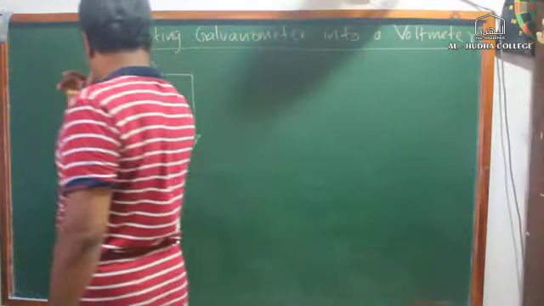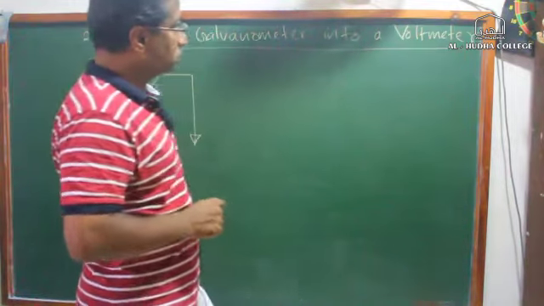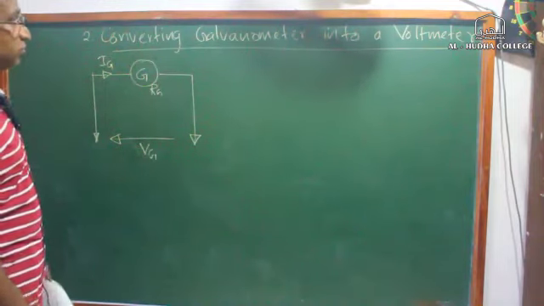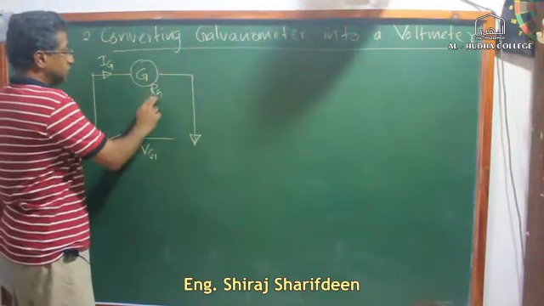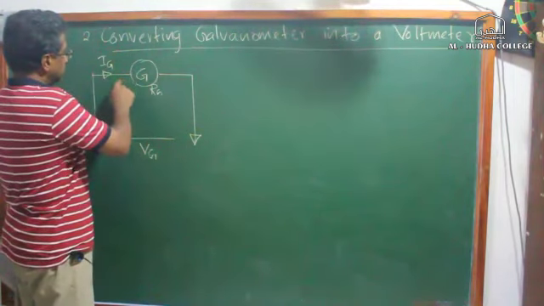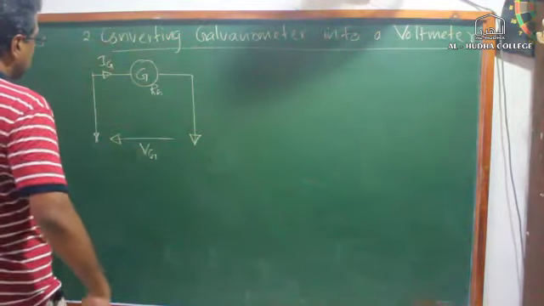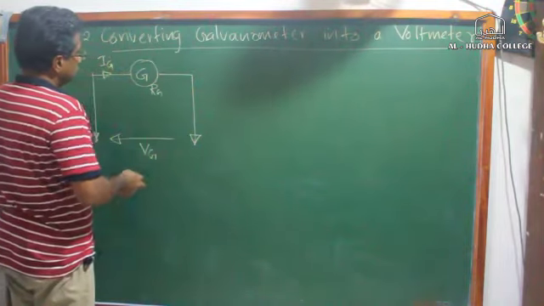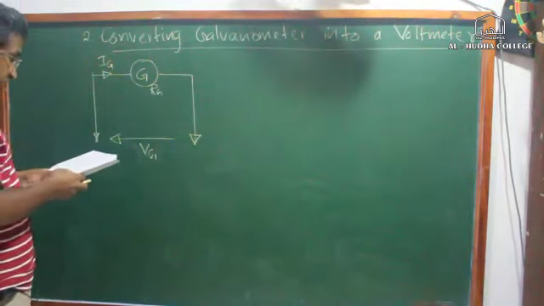Yesterday we looked at how to convert a galvanometer to measure current, as an ammeter. Today we are going to convert the galvanometer into a voltmeter. We know that the galvanometer has an internal resistance, and it can withstand a full scale deflection current in the milliampere range. We took an example of 100 milliamps full scale deflection and 20 ohm internal resistance. We continue to use that example.